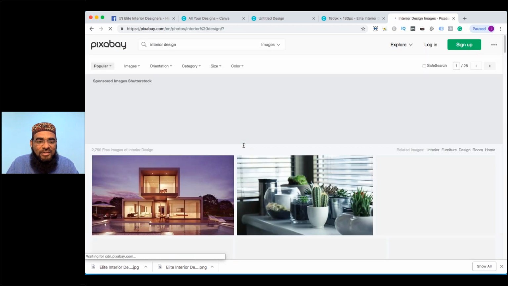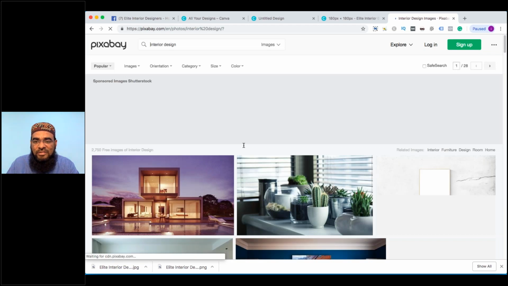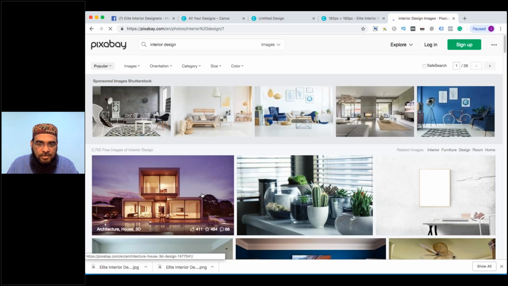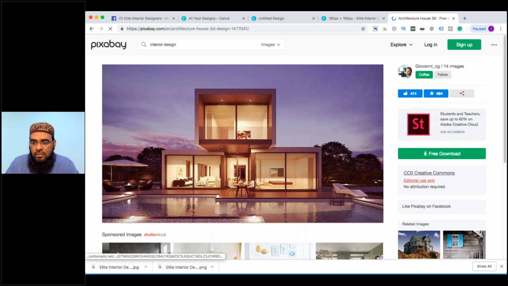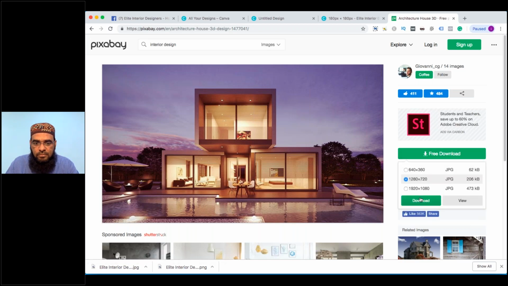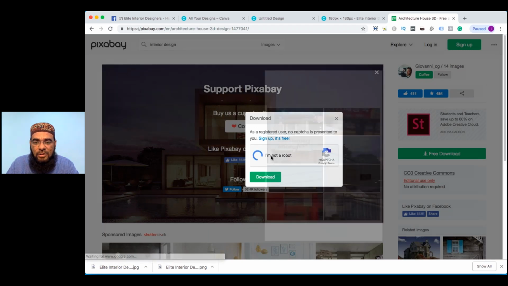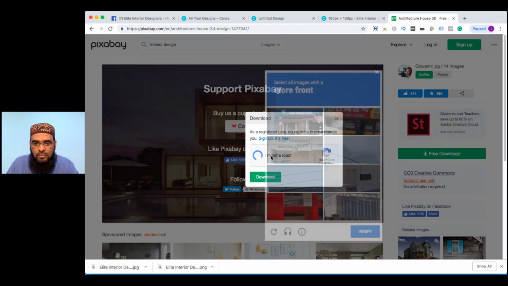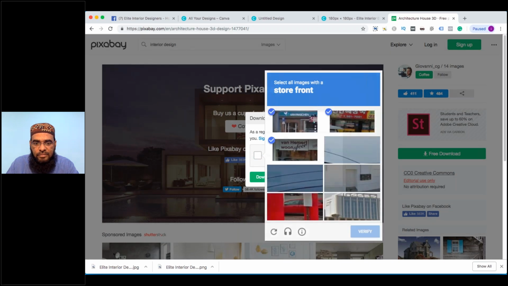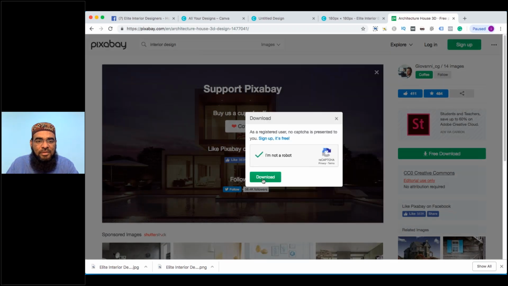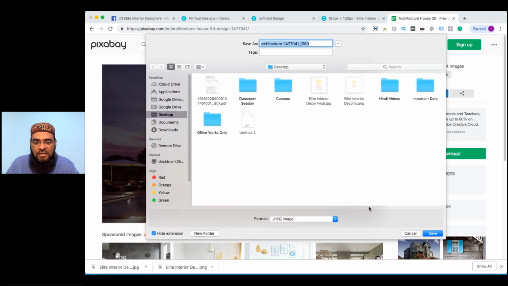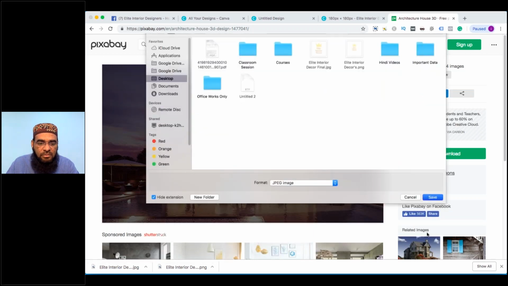Don't depend on someone else's design. Okay, so there are no captchas present. All right, later I will register. I just want to download a photo. Yeah, done. Download.